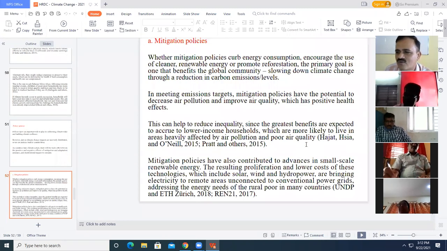As I have just told you, the first policy that has been suggested by many of the studies at the international or national level is mitigation policies. That is, how to mitigate the problem of climate change and global warming. If global warming is not mitigated, then it is very difficult for